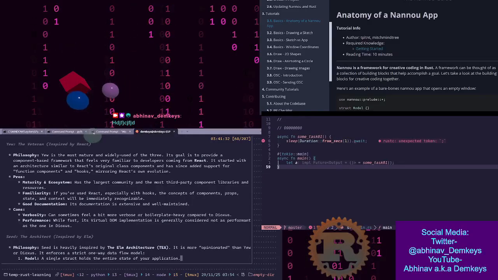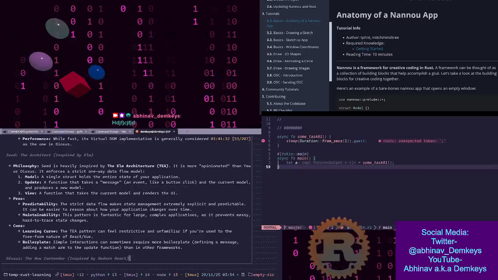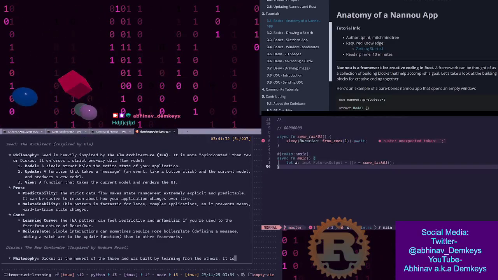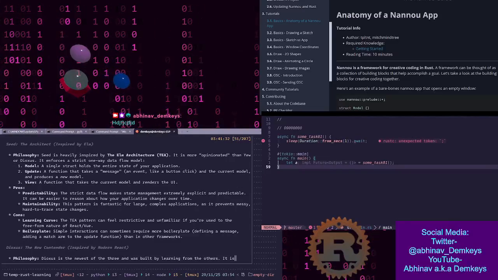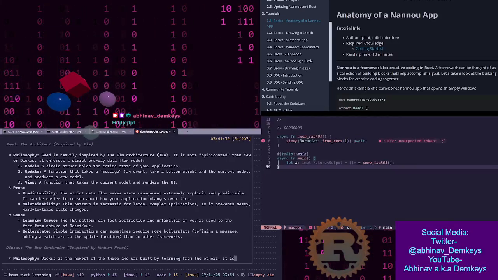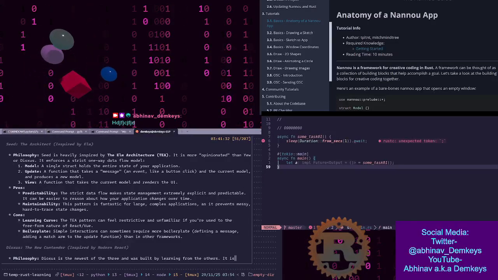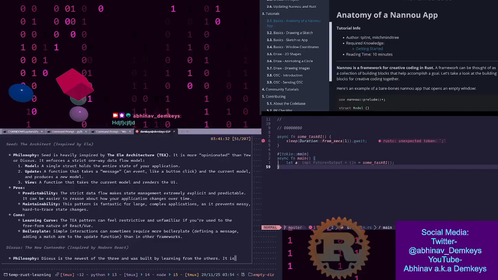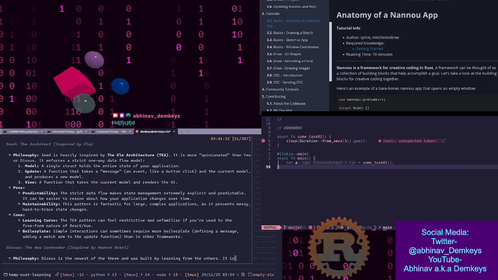Okay, all right. Then, Seed. Seed is heavily inspired by the Elm architecture. It's more opinionated than Yew or Dioxus. It enforces a strict one-way data flow model. So we have model, a single struct that holds the entire state of your application, update, a function that takes a